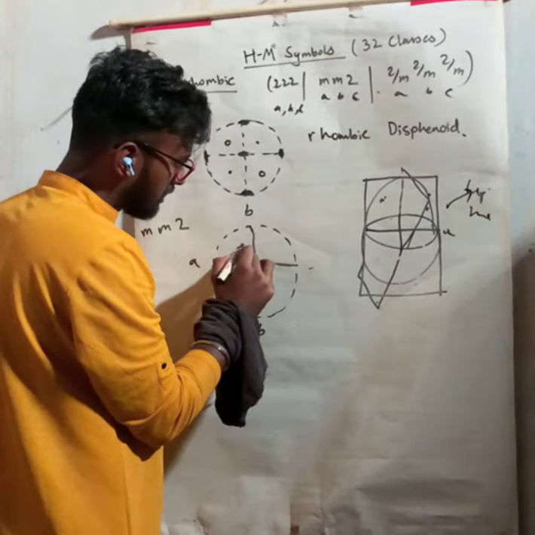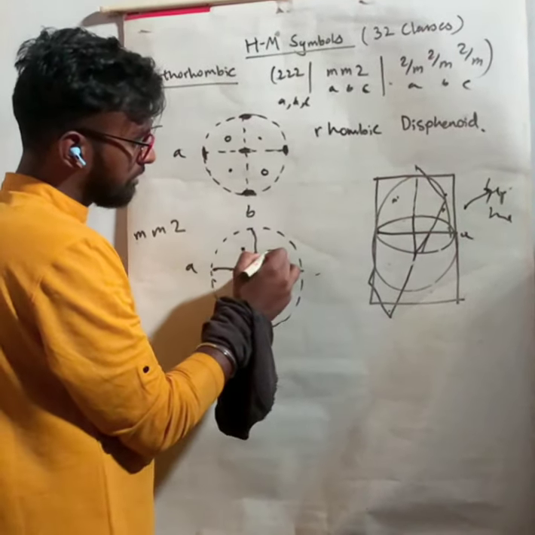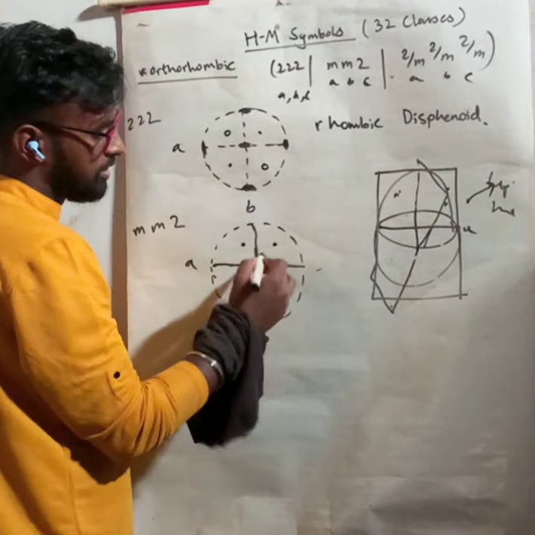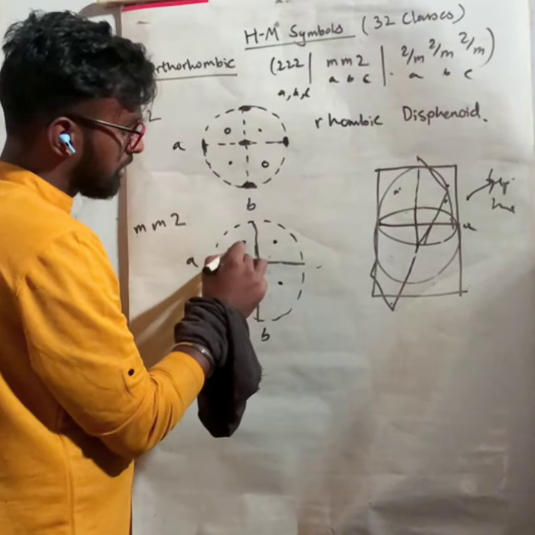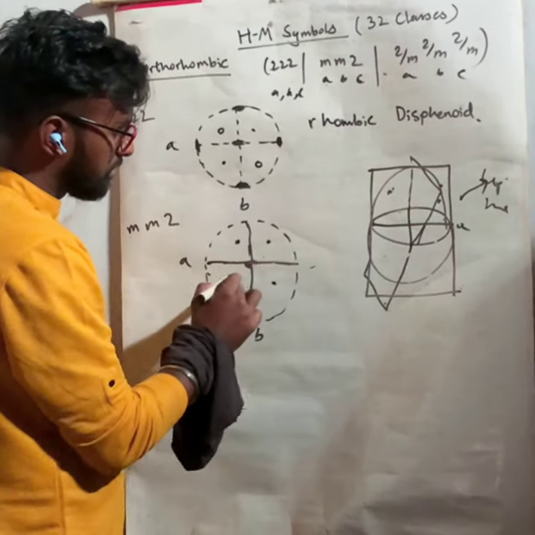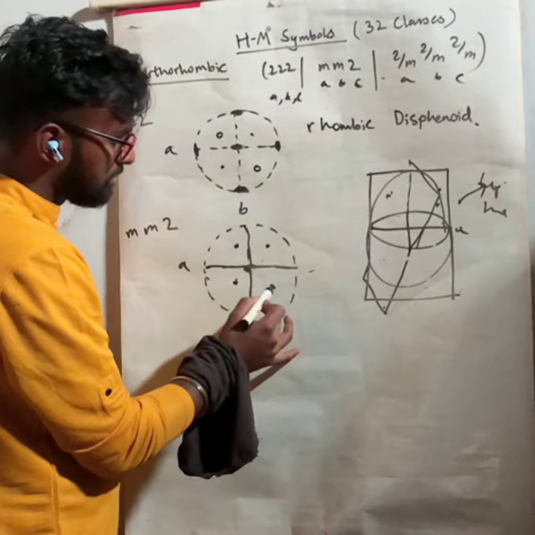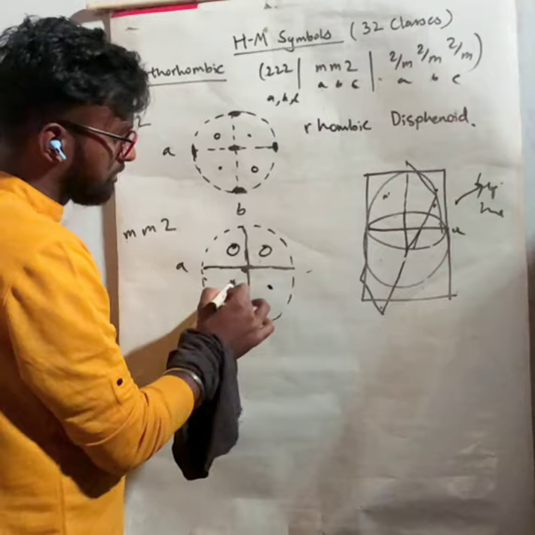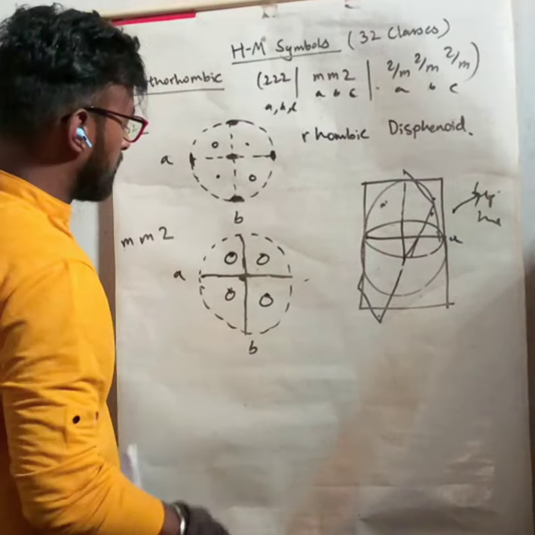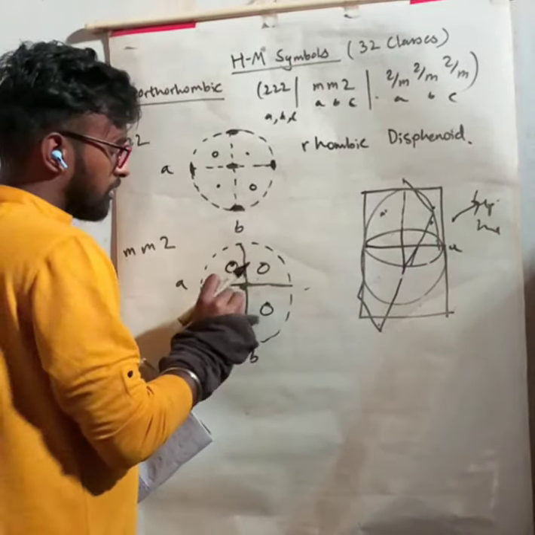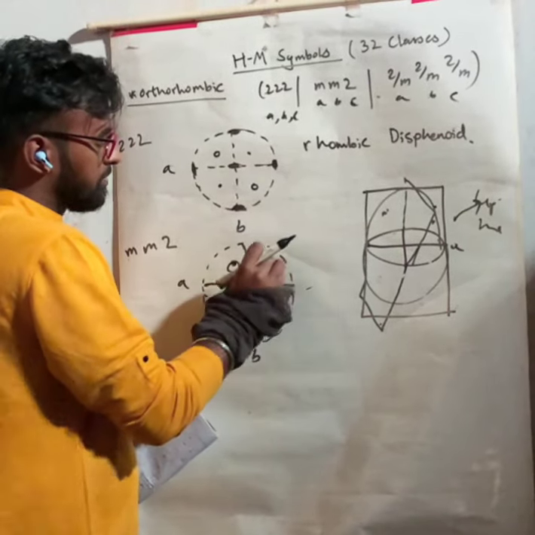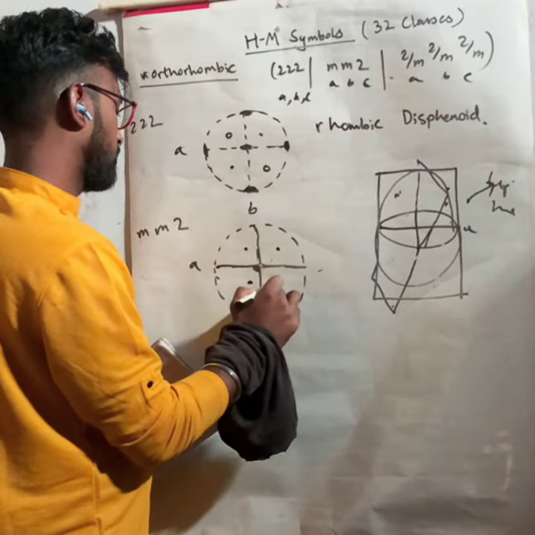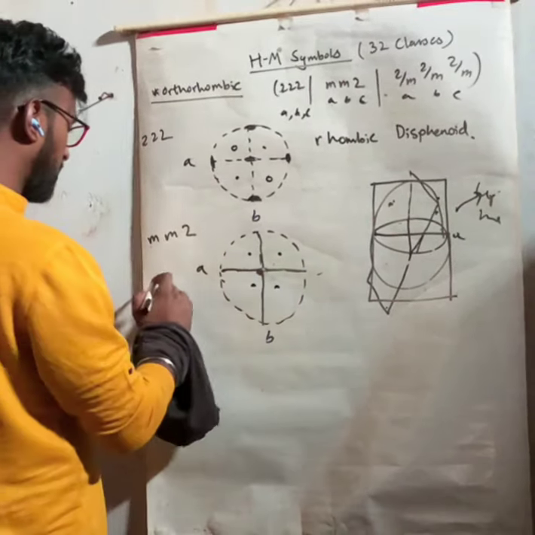If you take this as a dot, then it will have a dot reflection here, a dot reflection here, and a dot reflection here. So we can also verify that if this is an element, then this is its reflection, and for this one we have its reflection. If you take a circle, then all will be circles, but for convenience we will represent them as dots. So this is a rhombic pyramid.